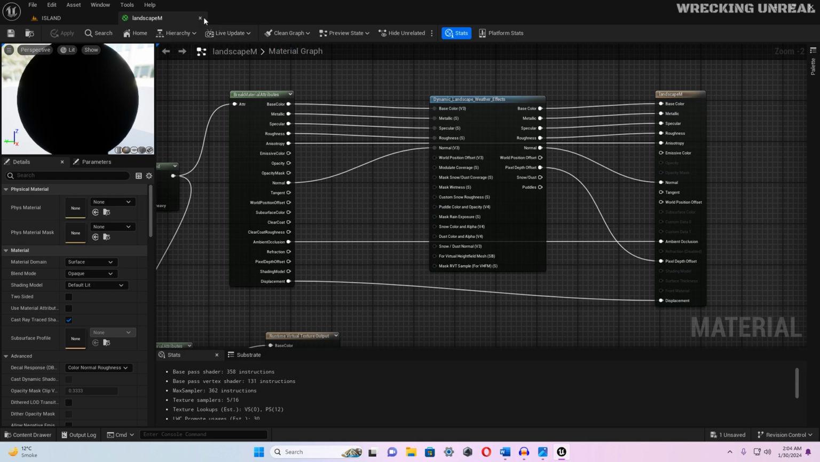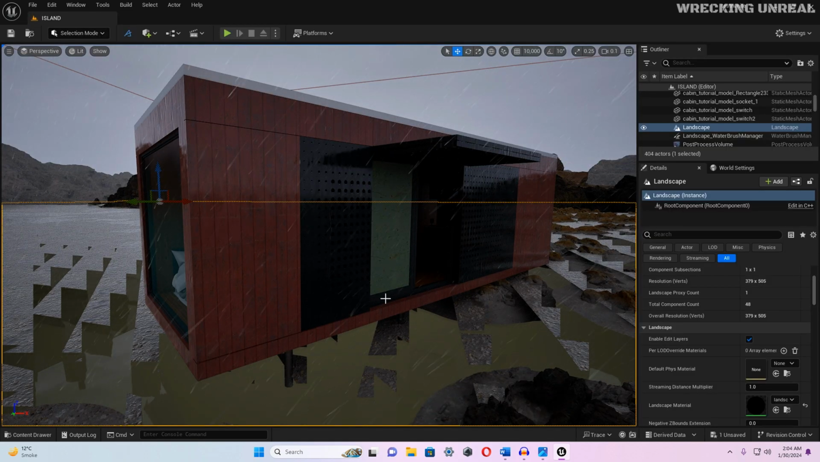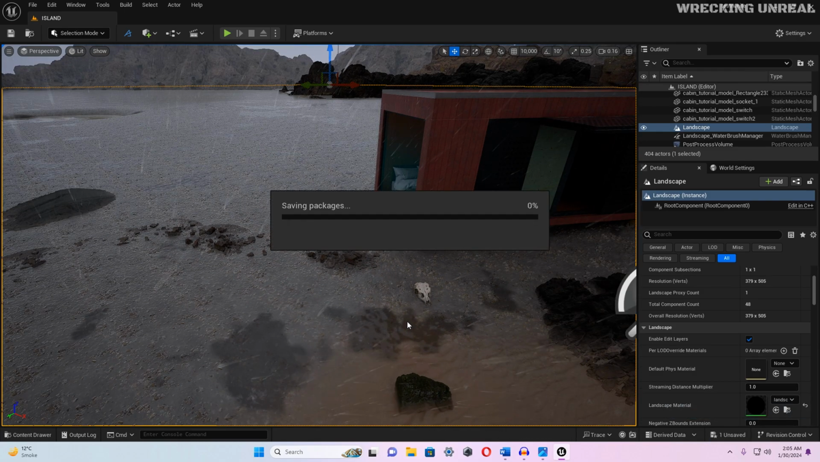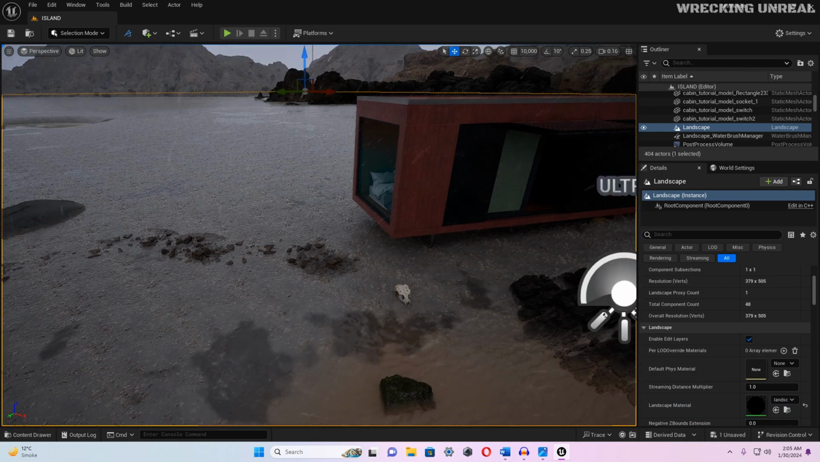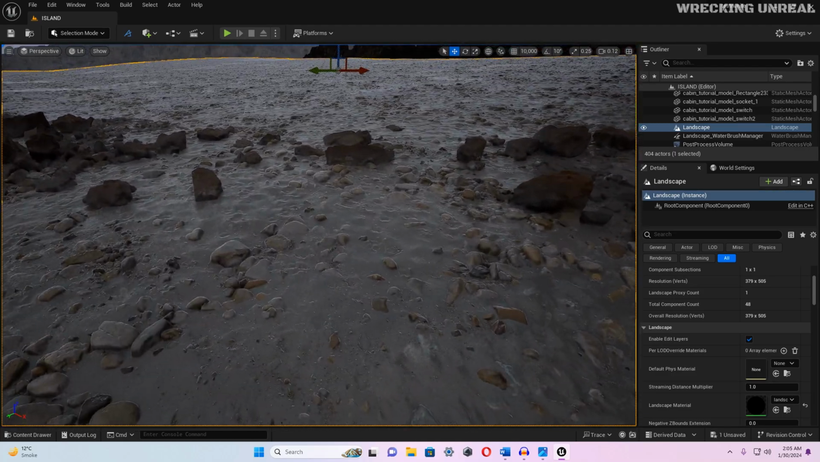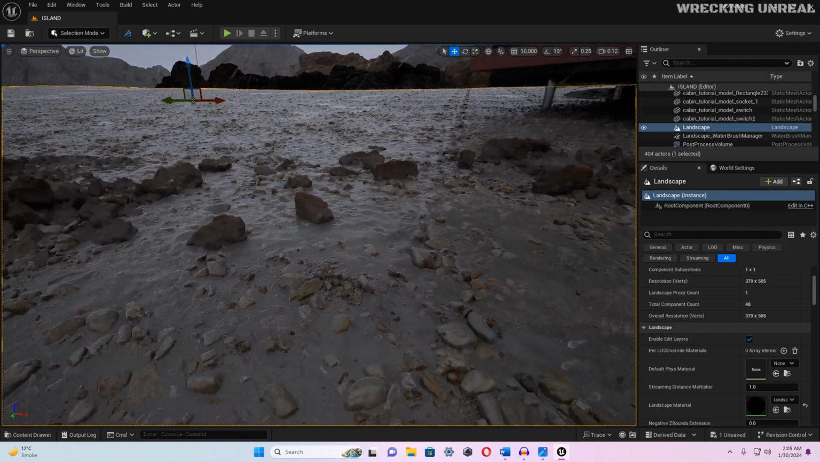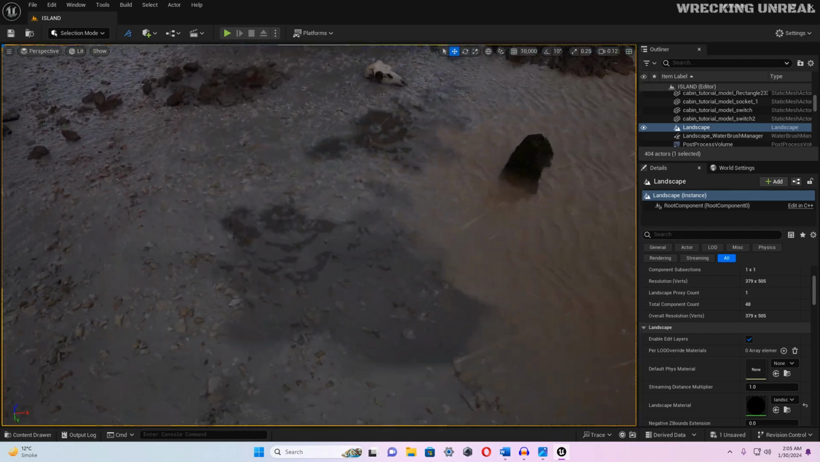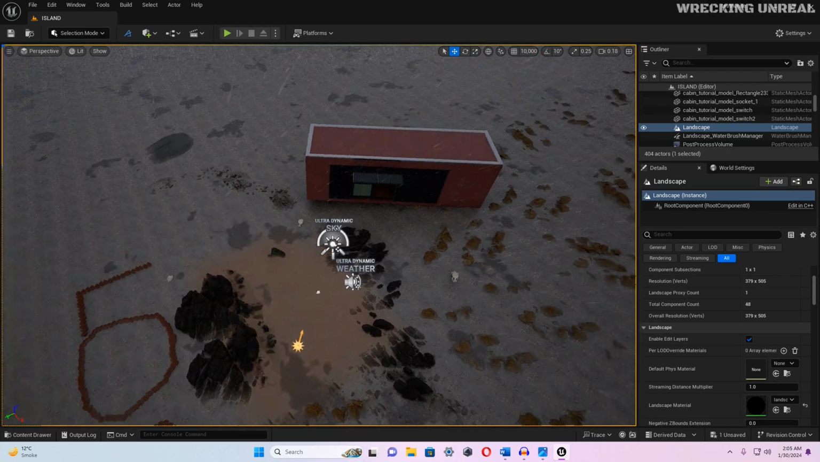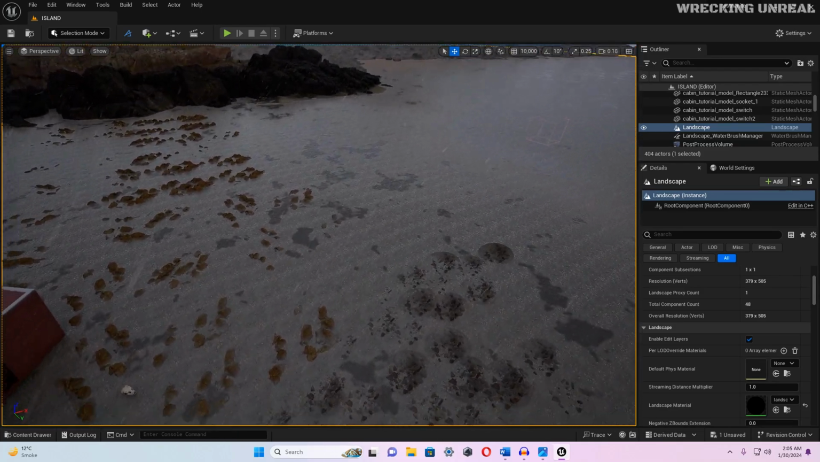Close this window. Just wait till the shaders are loading. Okay, just save your project, and as you can see, we have this beautiful rain effect, the rain dripping effect on our landscape. If you zoom out, you will see these bubbles all over your map. Okay,